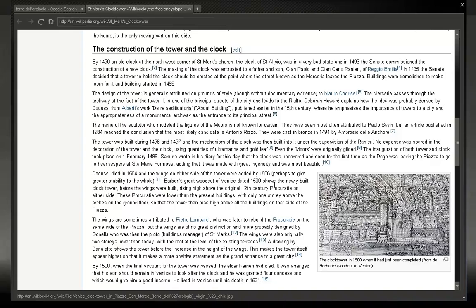It is most beautiful. Caduci died in 1504, and the wings on either side of the tower were added by 1506, perhaps to give greater stability to the whole. Barbari's great woodcut of Venice dated 1500 shows the newly built clock tower before the wings were built, rising high above the original 12th century